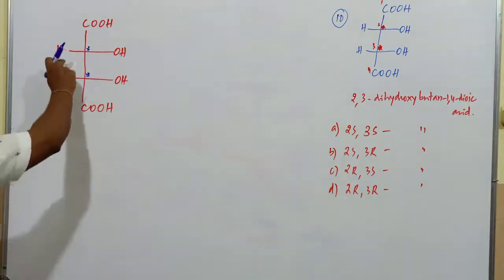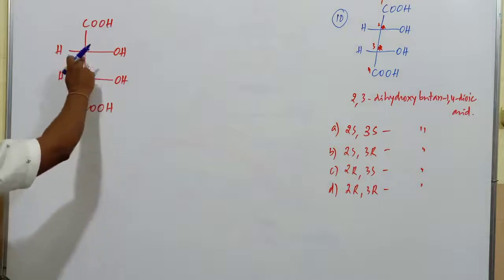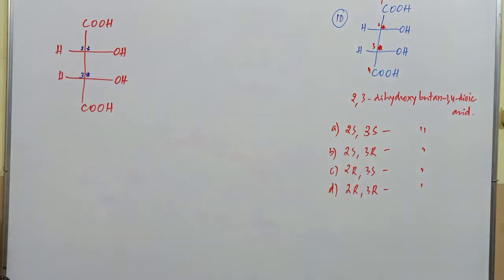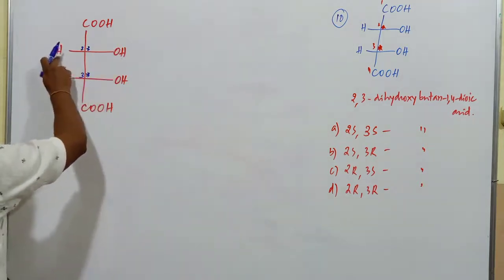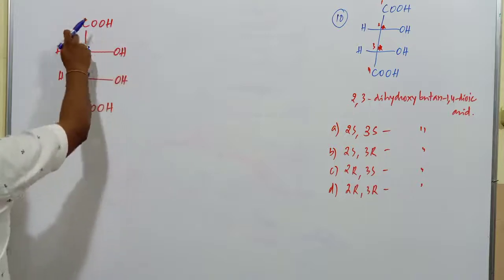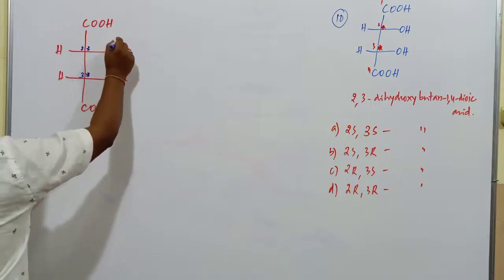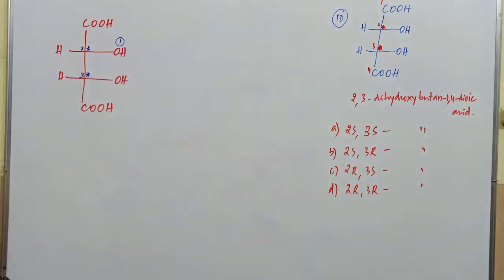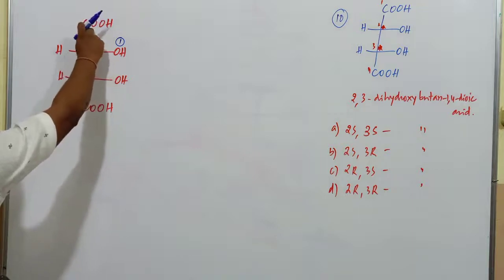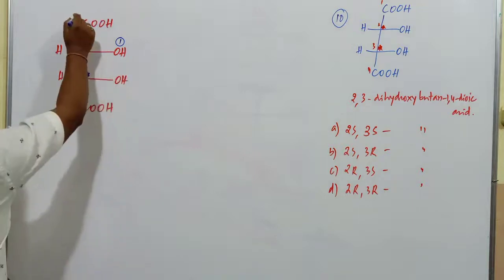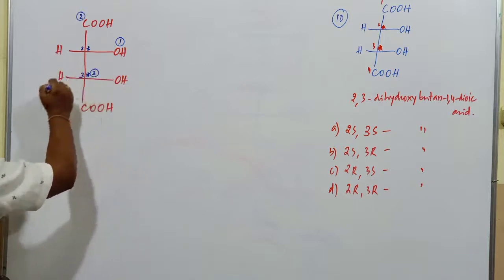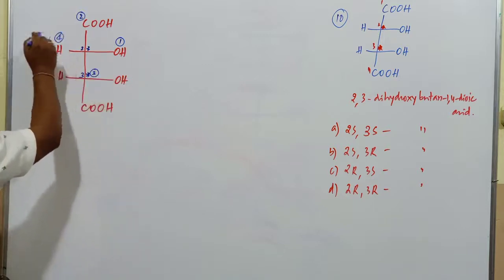What is the order of priority with respect to this carbon atom? This is the second carbon atom. No need to go with the first and fourth one. Now here oxygen is there, this is hydrogen, this is carbon, and this is also carbon. Between oxygen, carbon, hydrogen and carbon, first priority should be given to this OH group because of highest atomic number. Here carbon is bonded to this oxygen atom by a double bond, and carbon is bonded by a single bond. So this is of highest priority and this is of third priority. The whole group is taken as third priority and this hydrogen is of fourth priority.